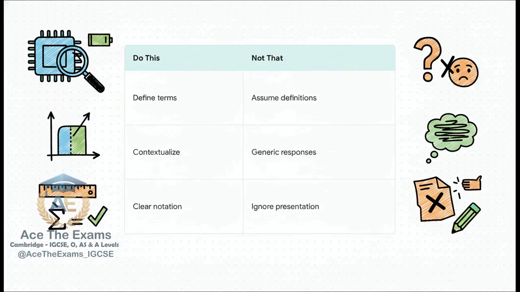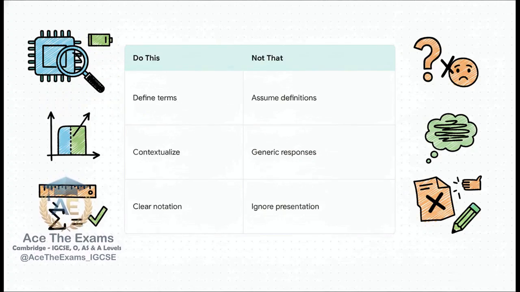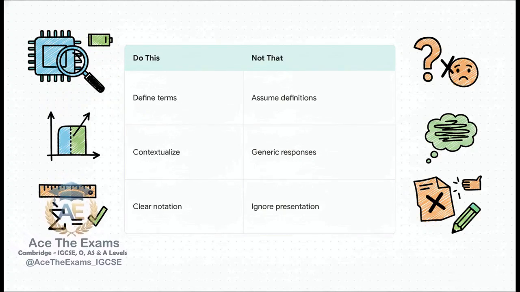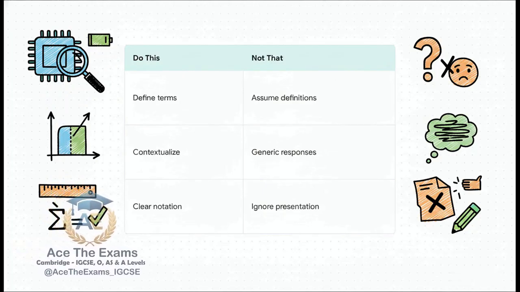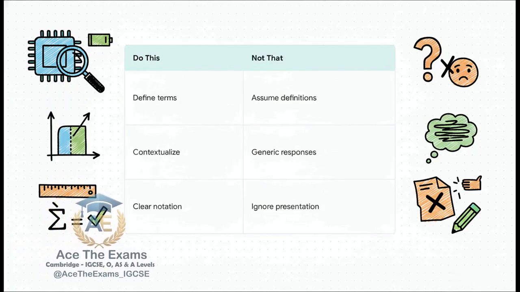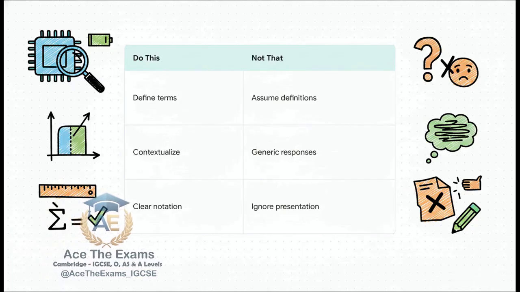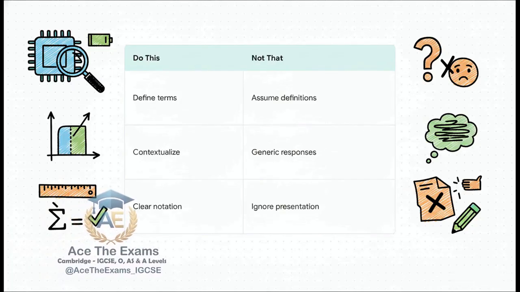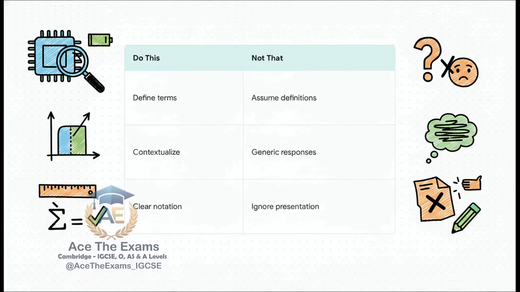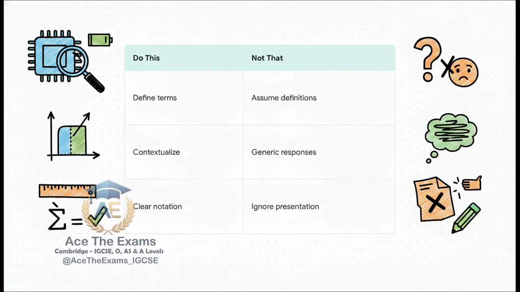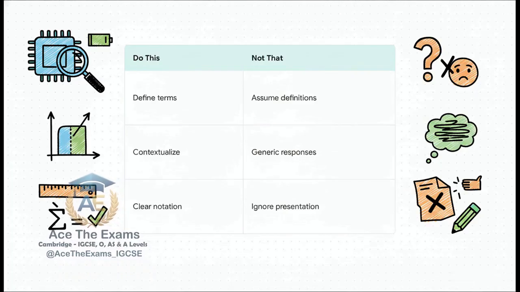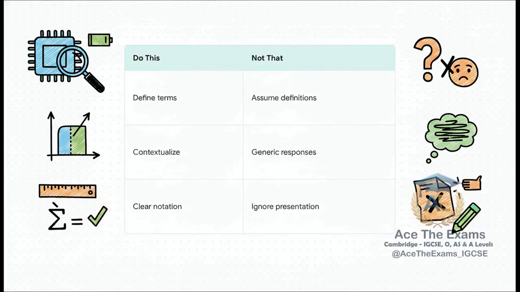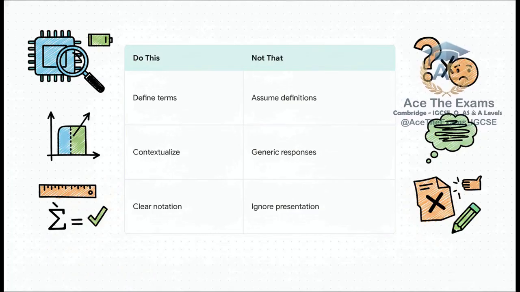If you just write "reject H0, there is evidence the mean has changed," 0 context marks for you. Instead, do this. Contextualize the answer. Say, "there is sufficient evidence at the 5% significance level to conclude that the mean lifespan of the batteries has decreased." Also, define your terms. Say, "let P be the probability of a defective microchip." It takes 5 extra seconds, but it mathematically guarantees you the final presentation marks.